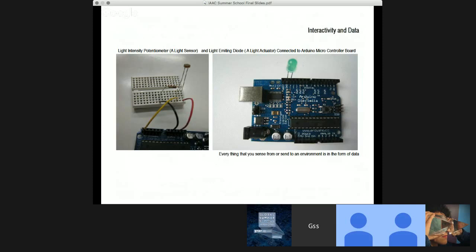And finally, you write a program to determine how the input will change the output, which basically means you will be reading the changes in the input data and applying changes to output data. Hence, everything that you sense from and send to an environment is in the form of data.